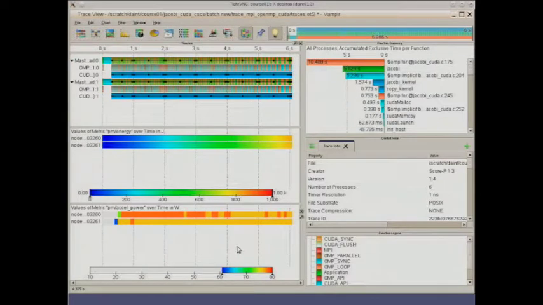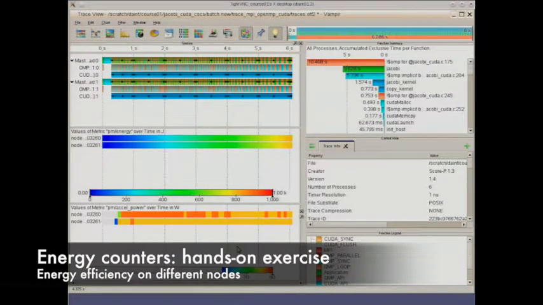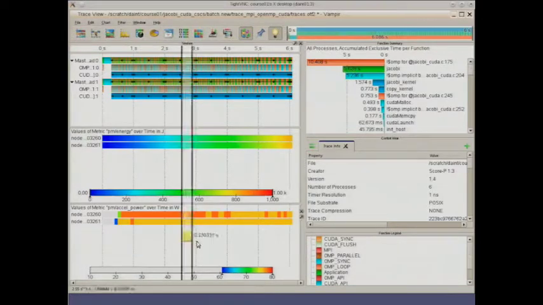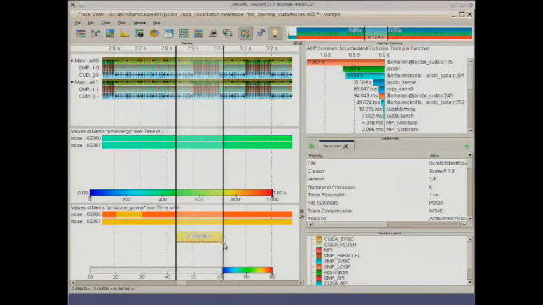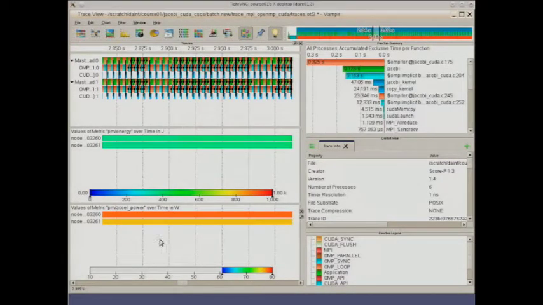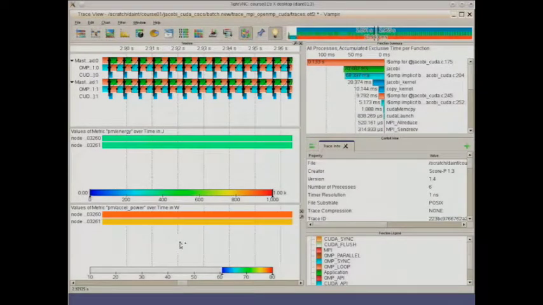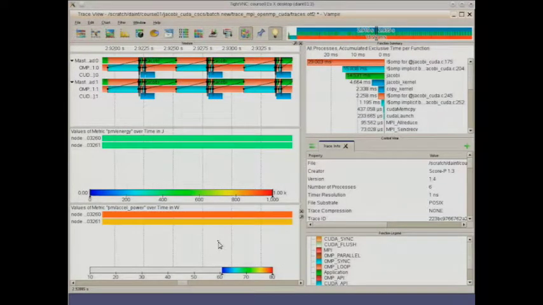But we will also try to zoom in a little in time, so we can differentiate the OpenMP and the CUDA compute section, and see if they are long enough that we get different measurements. But obviously those compute sections are only in the tens of milliseconds, so they are too short for this counter to be updated. The granularity of this counter is too large for very small iterations.